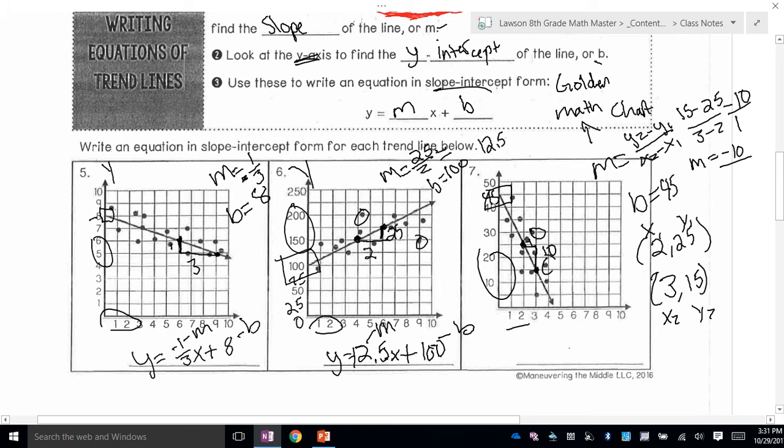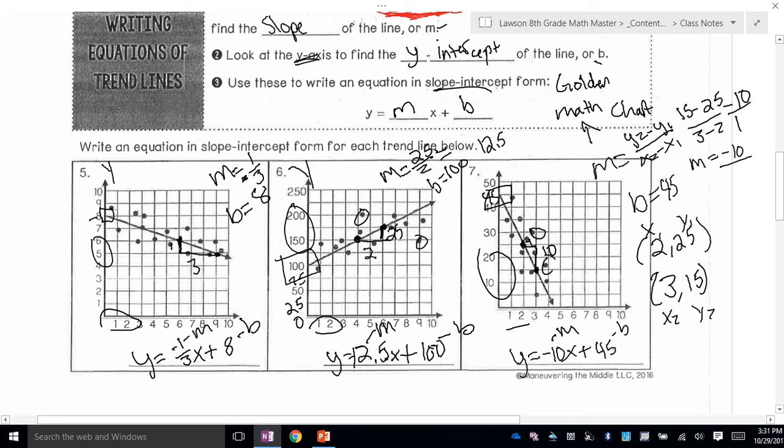It doesn't really matter which one you use. You'll get the same answer. Then I'll write it in slope-intercept form, which is y equals negative 10, and our slope is going to be negative going from left to right, so that checks out. X plus 45, which is my y-intercept. So I'm going to label that B and that M so that I know that I have them in the right spot. Okay, so now we're going to flip over to the next side of the page,